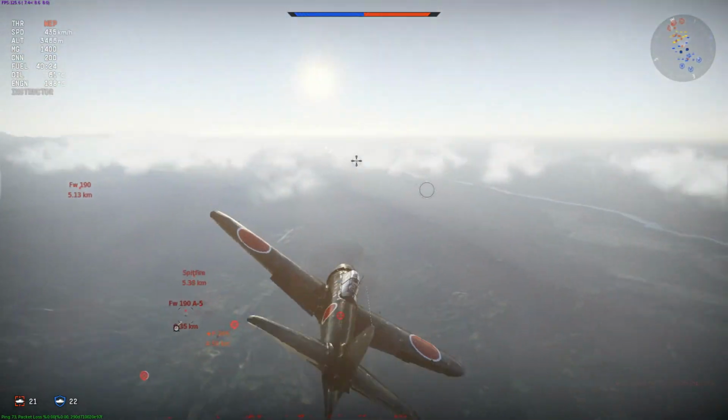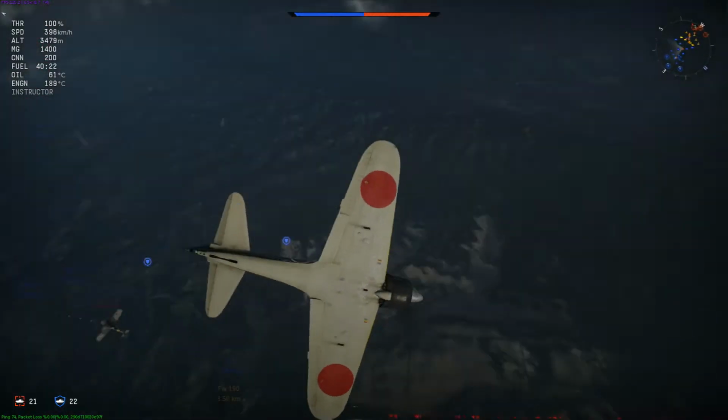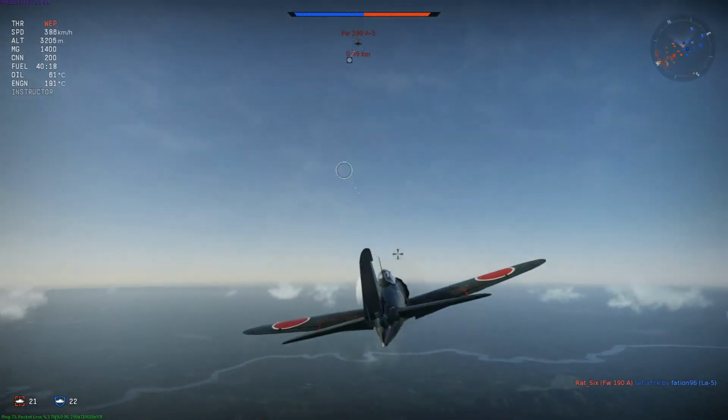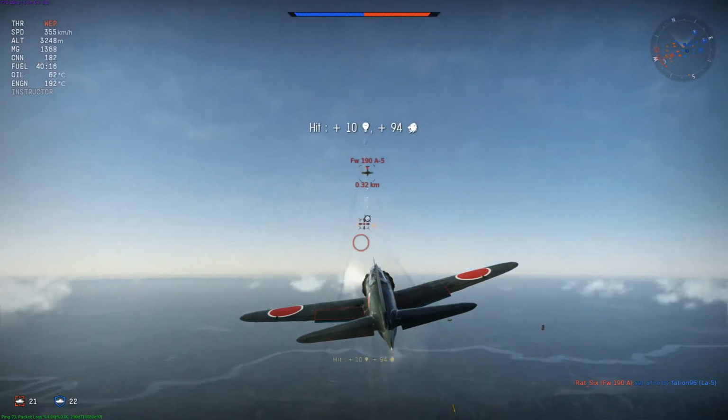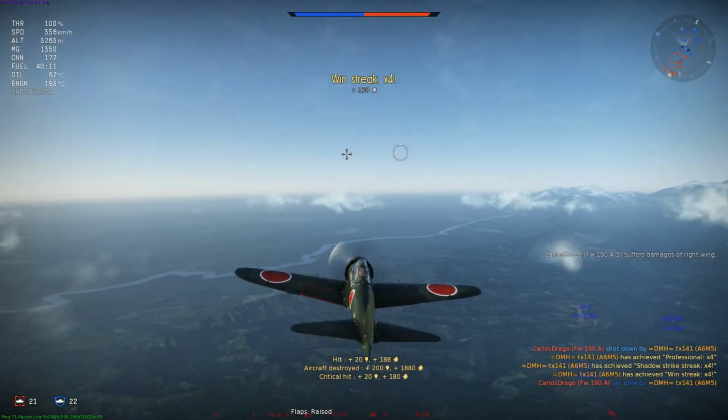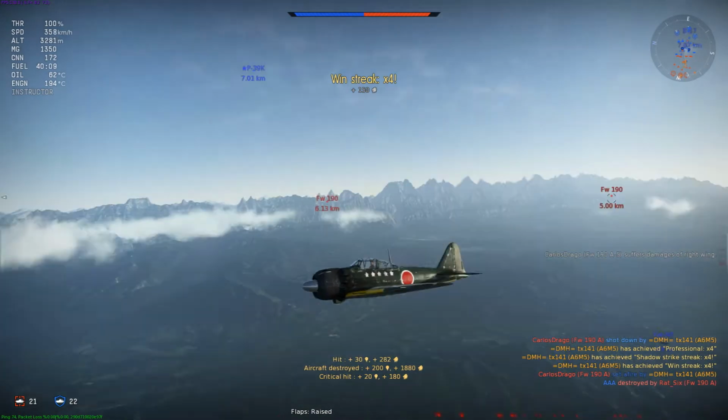Nonetheless, here we break out to the side and then cut across their line of fire before looping over the top, or rolling over the top I should say. We come out underneath the A5, and as they try and break around, we can knock them out for our fourth kill. So as we break away and take note of the two Focke-Wulf 190s, one trying to gum up against our P39K and the other one also exhibiting within the same space,